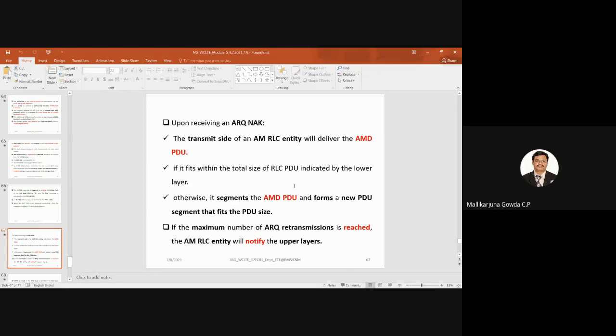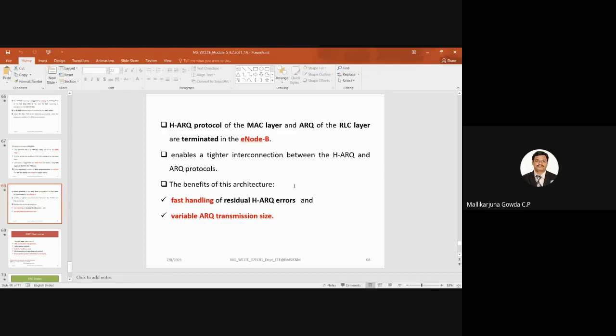If the maximum number of ARQ retransmissions is reached, then the AM RLC entity will notify the upper layers. The hybrid ARQ protocol of the MAC layer and the ARQ of the RLC layer are terminated in the eNode B. So you should be aware of which protocol is used in the MAC layer and which in RLC. In RLC, ARQ is used. In the MAC layer, hybrid ARQ is used. That enables the tighter interconnection between the hybrid ARQ and the ARQ protocols.